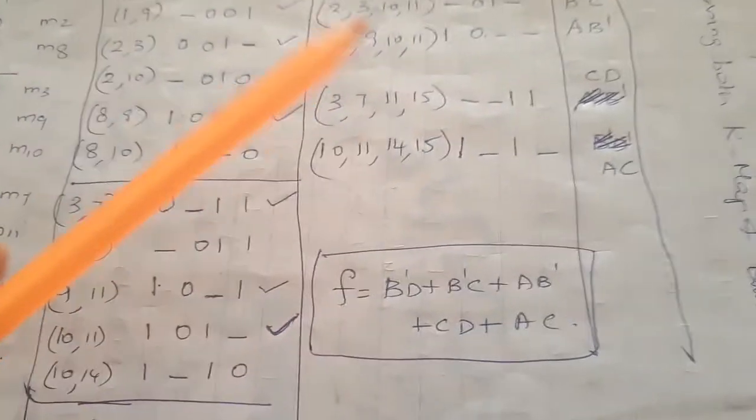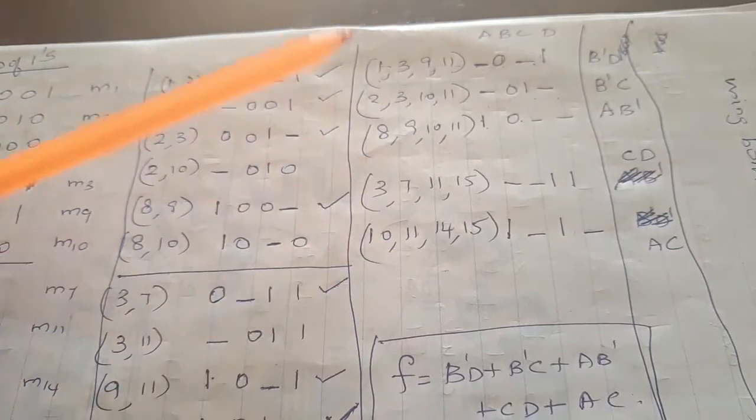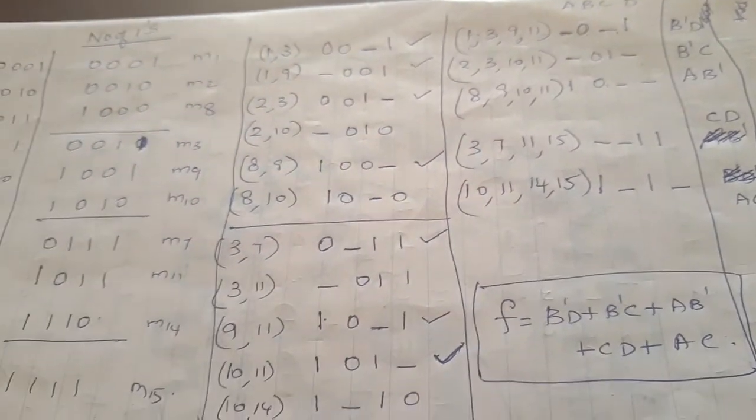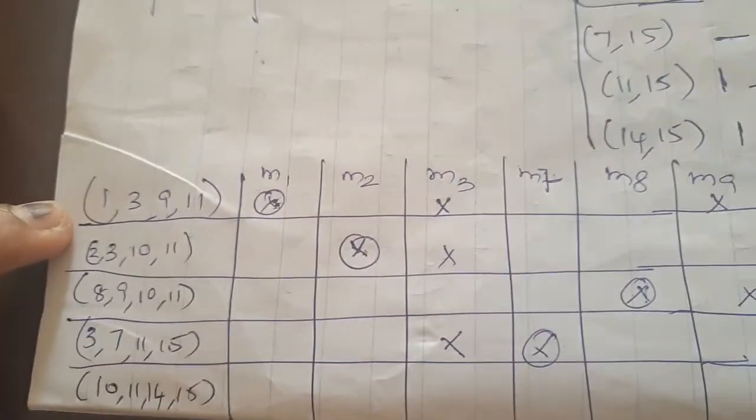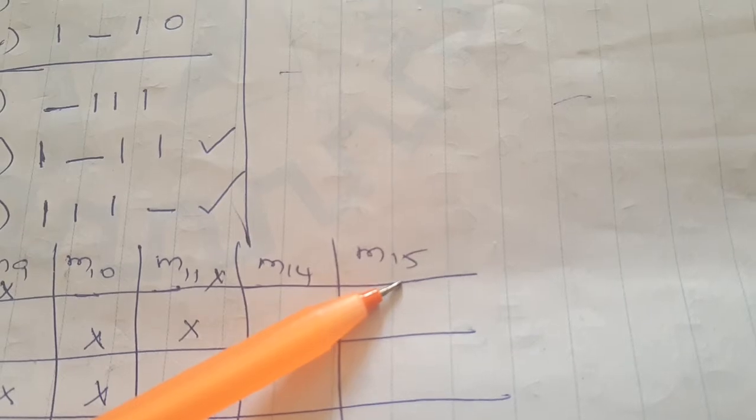Okay. Now you can convert this into a table. We call it a prime implicant table. To write down the prime implicant table, write down the prime implicants we have arrived at in the first column. Write down the values here, the same values rewritten. Then write down the columns of all the minterms, M1 to M15.